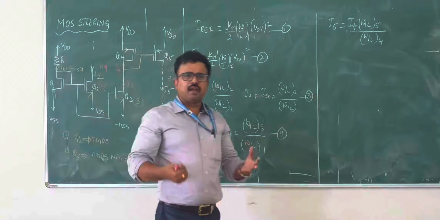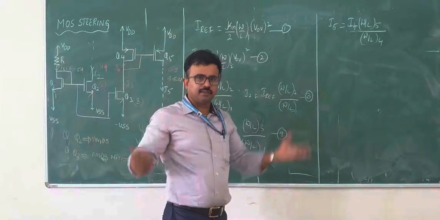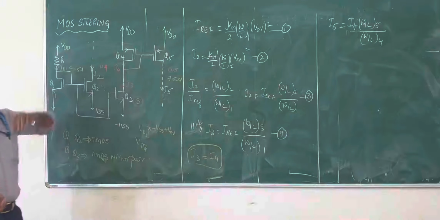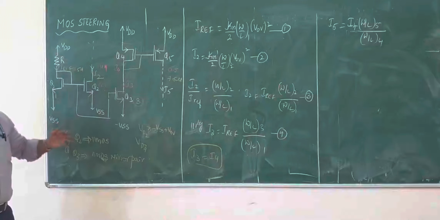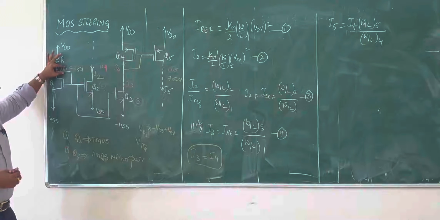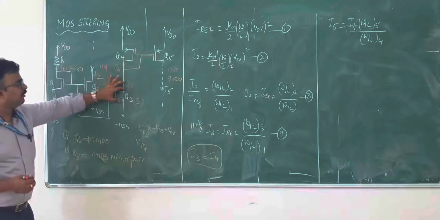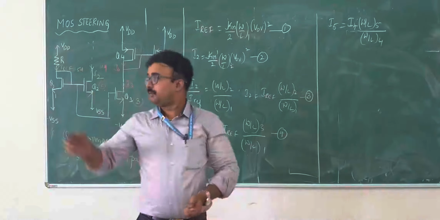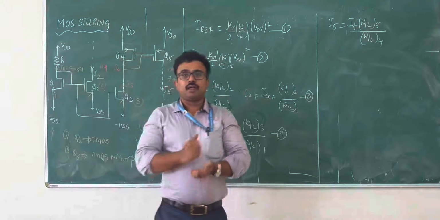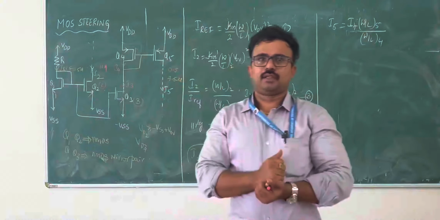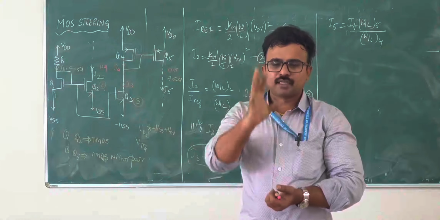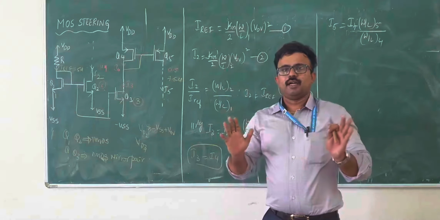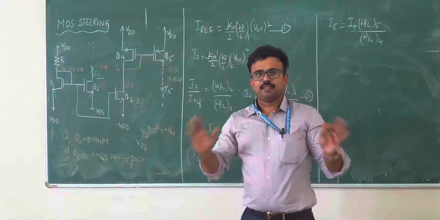So in this way, you have n number of transistors, and I am not using any additional circuitry over here. In this way, a reference current can be copied down to different parts of the circuit with different magnitudes, and this concept is called current steering. What is the application or advantage of this current steering circuit? The major advantage of current steering circuit is that it has a stable biasing point.